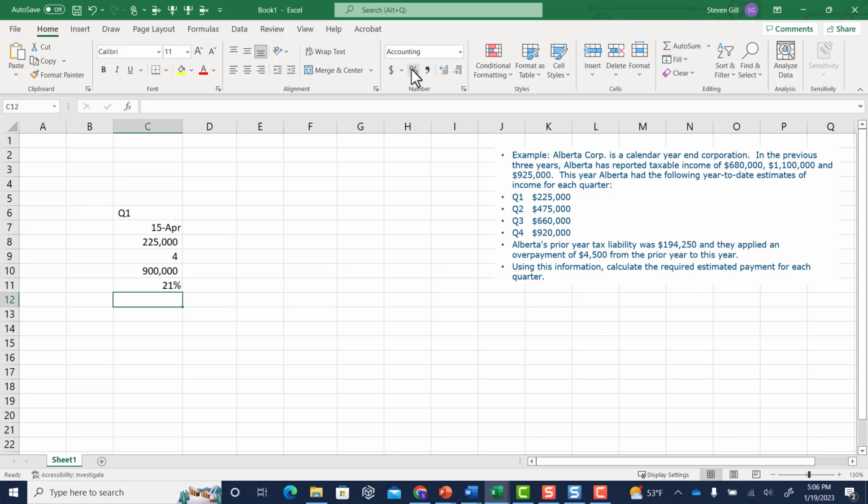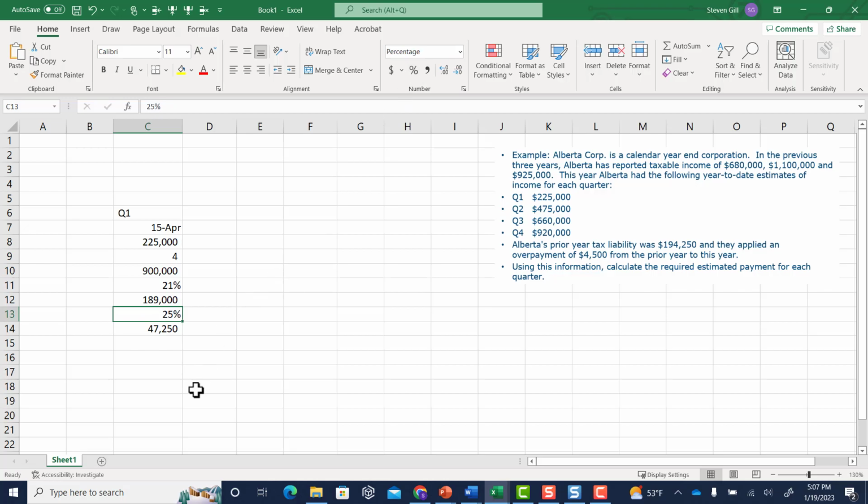So if I had to estimate what is the tax that Alberta Corp is going to have to pay for the full year at this point, it would be the estimated annualized income times the tax rate, 189,000. But we don't owe 189,000 at this point. We only owe the first quarter's worth, right? We're making our first quarter payment, so we only owe 25% of that. So it turns out that our estimate of our first quarter payment is